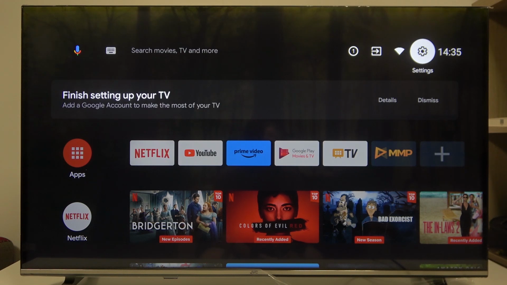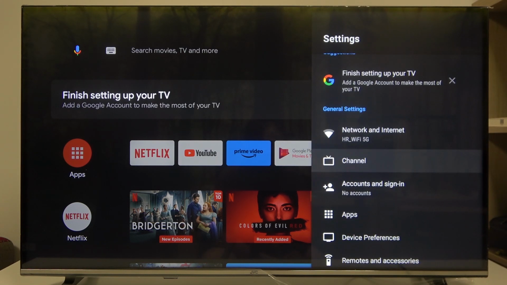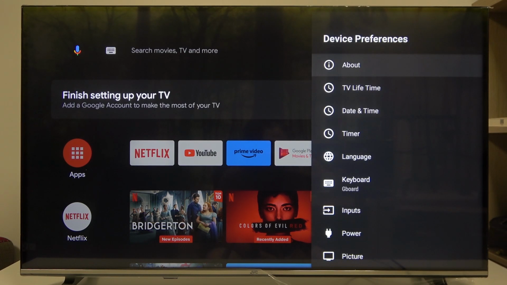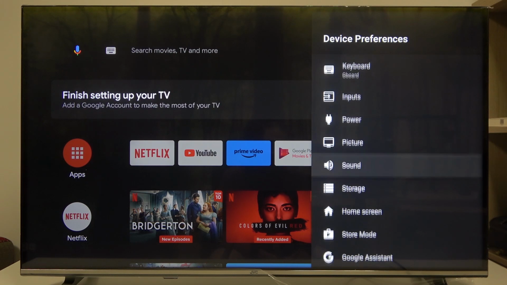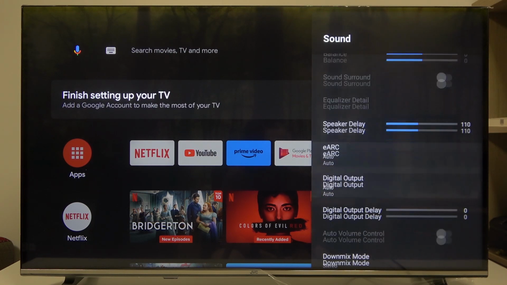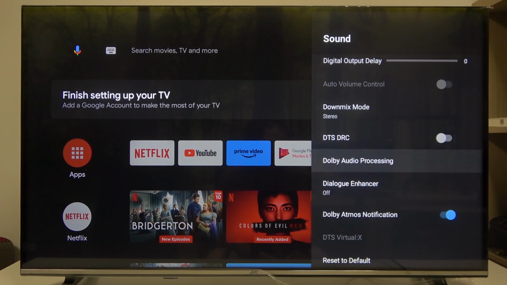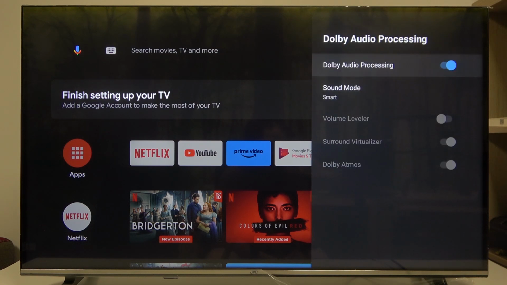To do this, first we'll need to click on the gear icon in the top right corner of the screen, scroll down and select Device Preferences. Then scroll down again and select the sound. Now we can find the Dolby Audio Processing, click on it, and then you'll be able to enable or disable